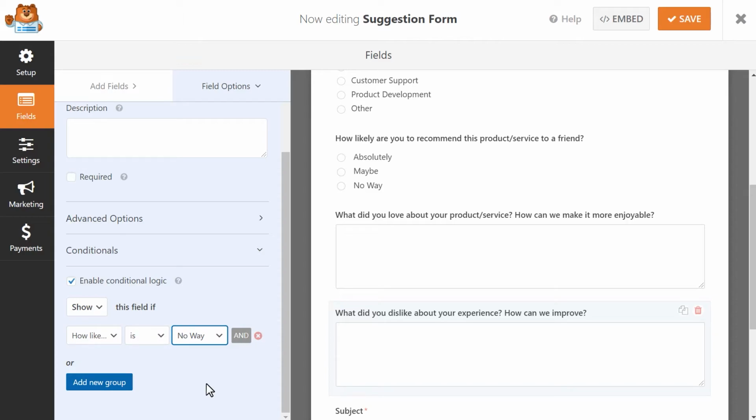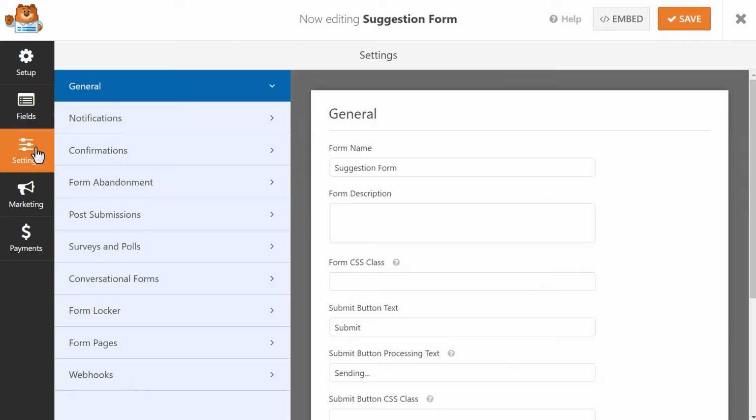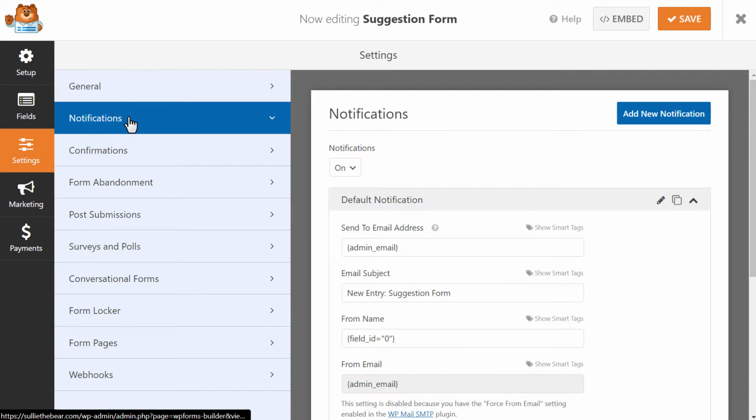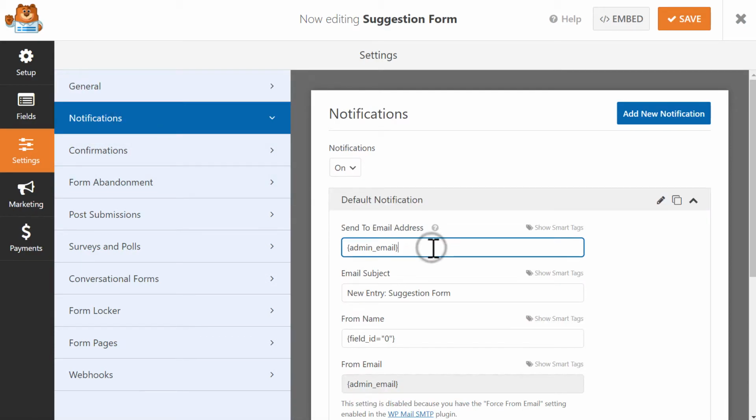When you're done customizing your form's fields, click on the Save button on the top right corner and we're ready to set up our form's notification and confirmation settings. We'll click on the Settings tab on the left, and we'll first click on Notifications. The admin email in the Send to Email Address field refers to the admin email address for your WordPress website, so if you'd like the notification to go to a different email address, you can make that change in this